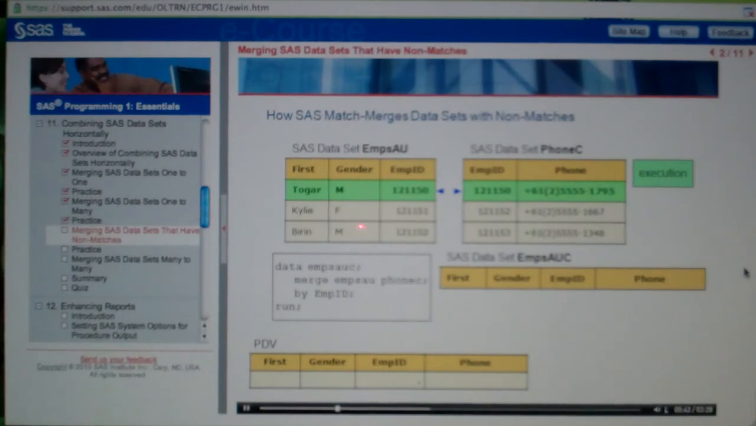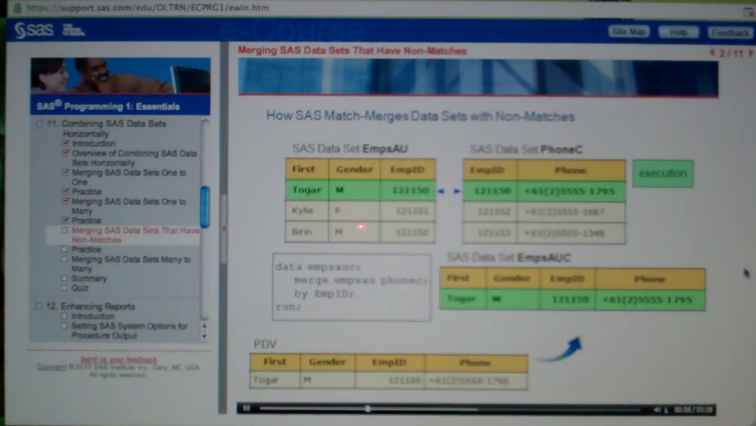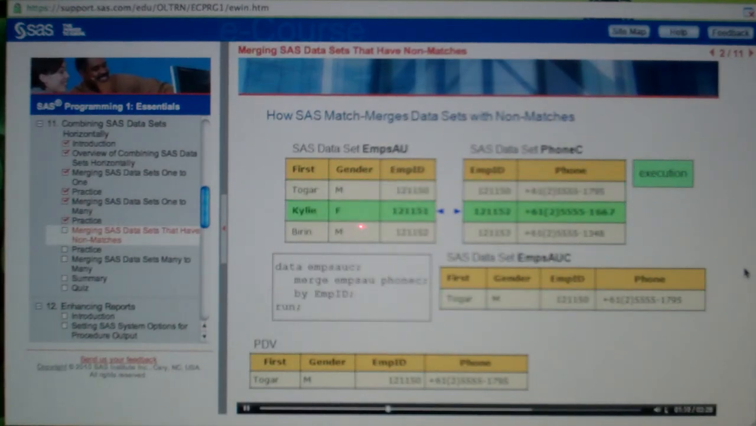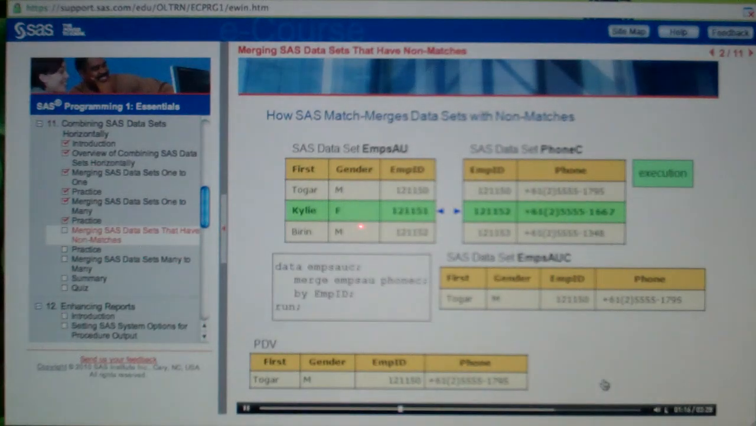SAS determines which by group should appear first. These two observations are in the same by group. SAS reads the data from the current observation in the first dataset and then the second dataset into the PDV. Then, SAS writes the contents of the PDV to the output dataset as the first observation. The values remain in the PDV as SAS begins the next iteration of the data step. SAS now looks at the second observation in both datasets. Here's a question. What does SAS look for now? SAS checks to see if the current observation in either of the